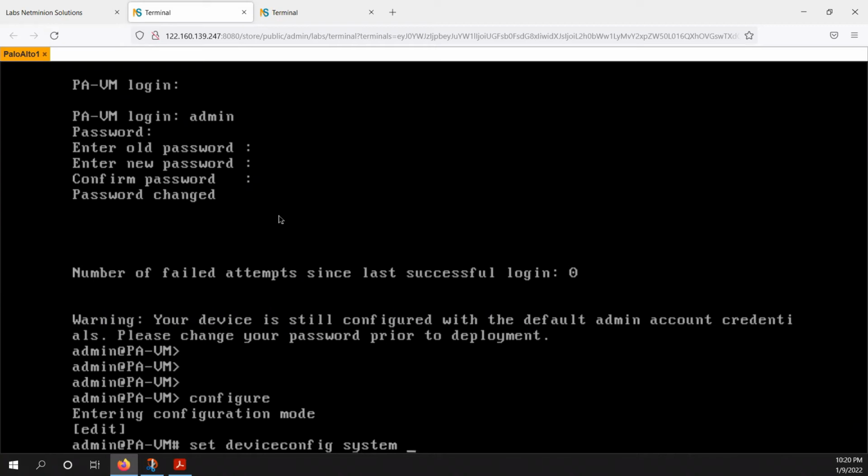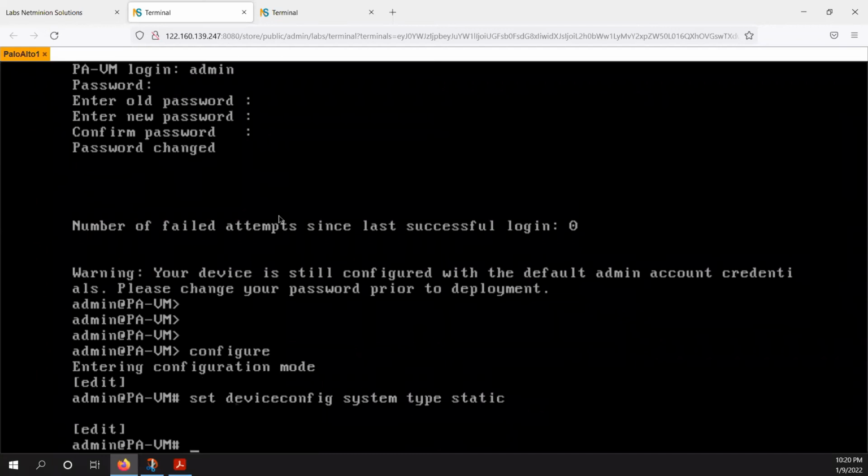And by default, management would get an IP from DHCP. So if you want to change from dynamic to static, you can run type static, and then you can define the IP. To define the IP, again you need to run the command set deviceconfig system, and then ip-address, and you can assign the IP address.